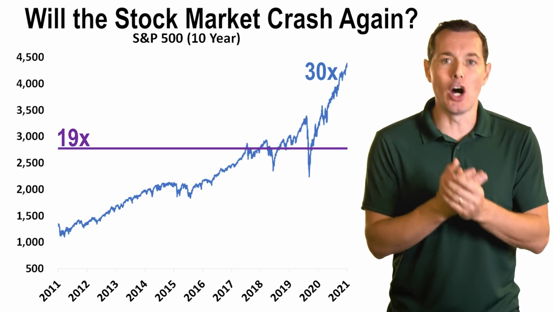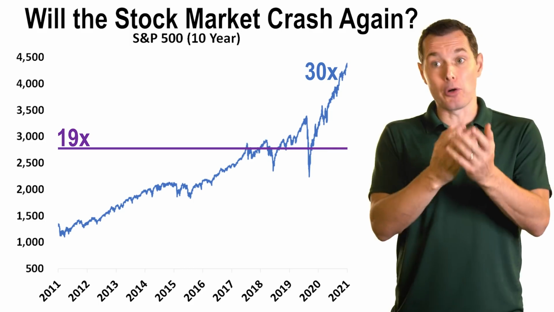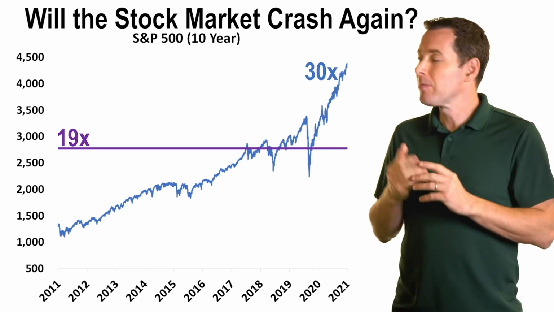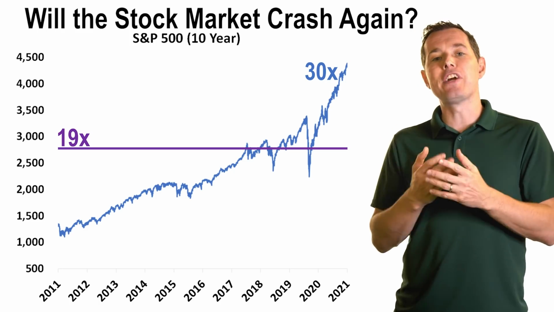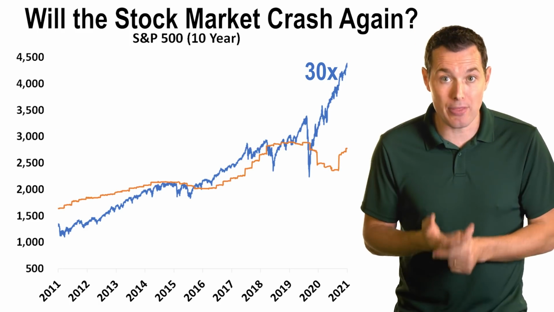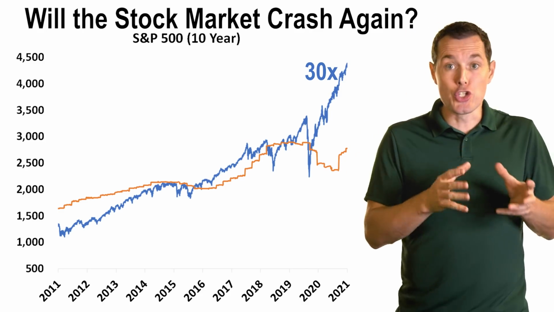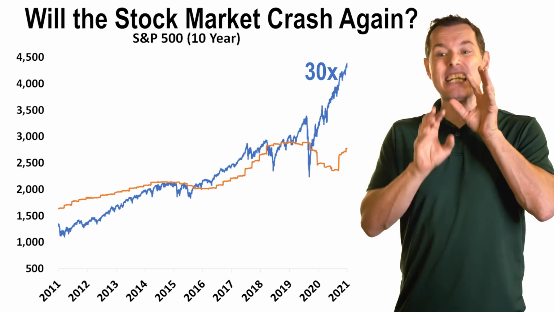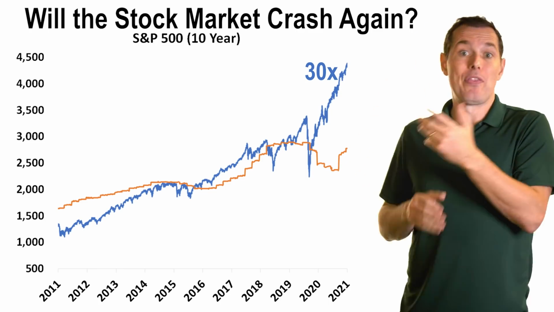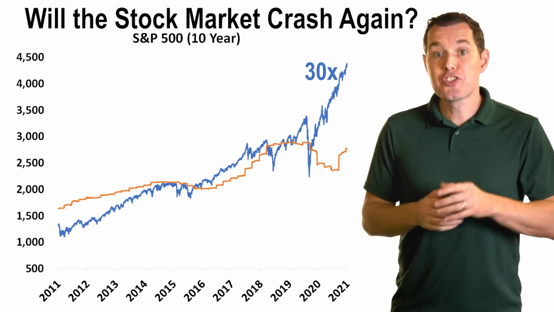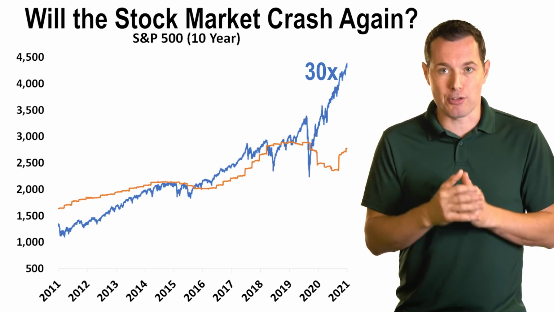So really what we need to know is what the profits were back then. We then multiply those earnings per share, the profit per share, same thing, by 19x. We multiply that by 19 and we end up with what the fair value of the stock market should have been back then. So this orange line ends up being where the stock market should have been trading if it had consistently been trading at 19x over the past 10 years. This is what the price of the stock market would have looked like. And just so we all know how to read this chart, let's take a single point in time just as an example so we can illustrate how this works.